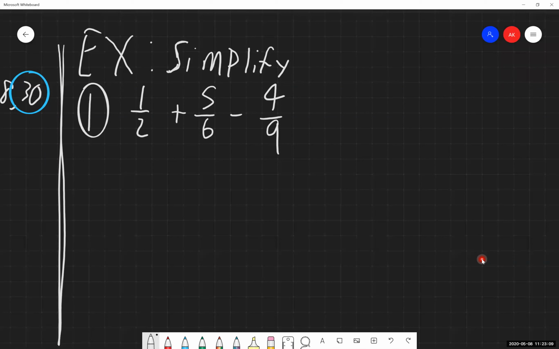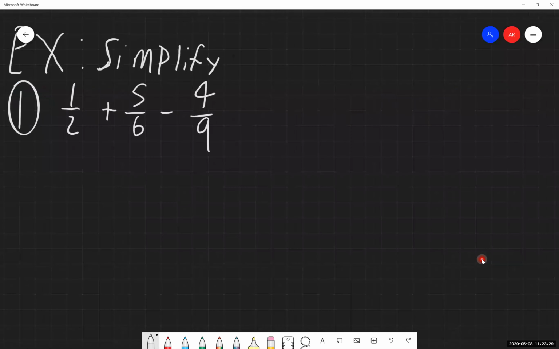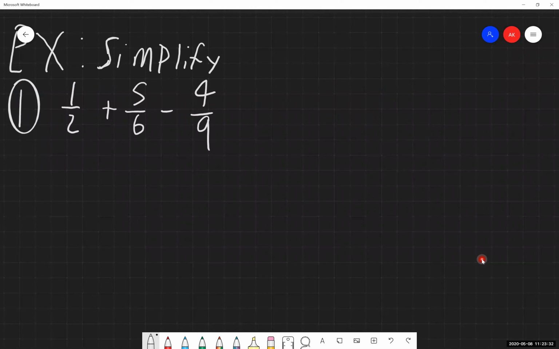So we need to determine the lowest common multiple of all the fractions. You can use the first method, listing out multiples of all of the numbers and going until we find something, or the second method, which is the one I'm going to use, to determine the lowest common multiple of these three numbers. You might be looking at 2, 6, and 9 and already know what the lowest common denominator is going to be. If you're in that boat, great, fantastic. I'm going to show the more in-depth method only because I think it's worth seeing it applied in an actual problem like this.